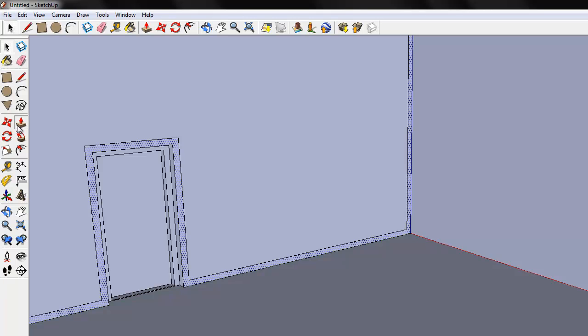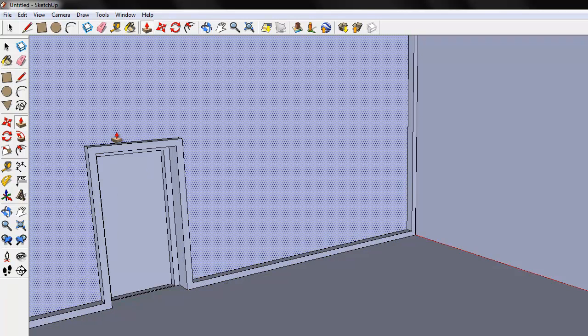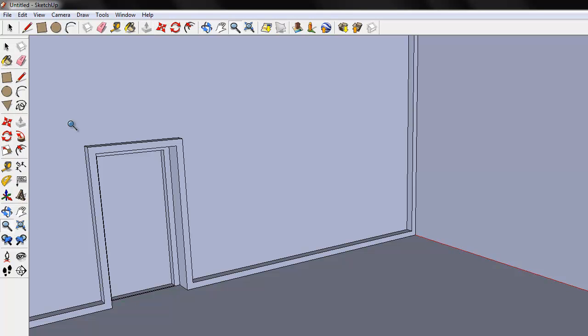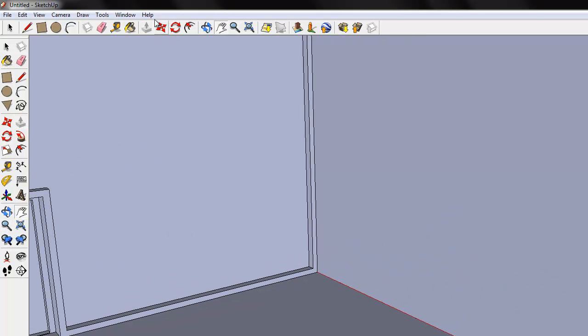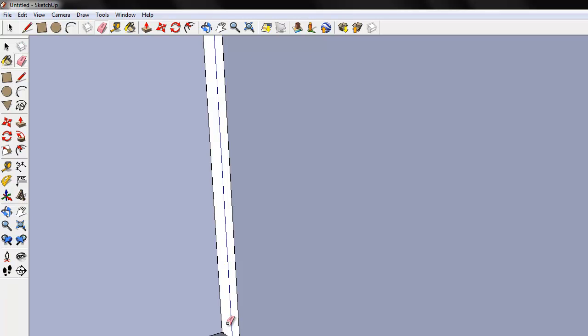Select it, and I can pull this to make a little indentation on my wall. Let's say you don't want this thing coming out of your wall over here. Let's see if we can get rid of that. Okay, we're gonna zoom in a little closer. And the good thing about the line tool is you can say, okay, I'm gonna make a little shape out of this. And when you go in and erase this, it should,